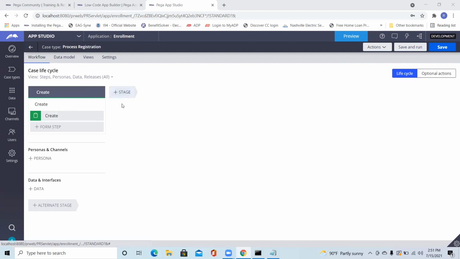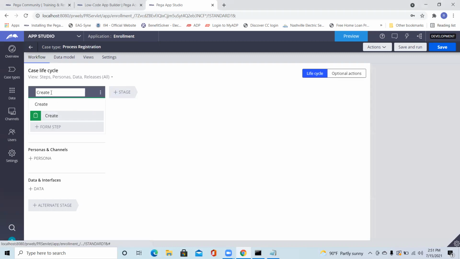It is showing stages, personas, channels, and data interfaces. We will not make it complex by adding personas or data here, but we will go through the stages for the time being. So our first stage was to collect the information, right?